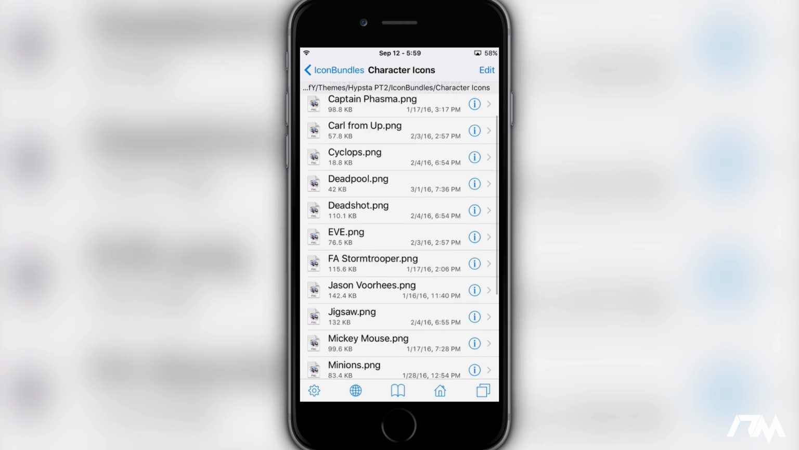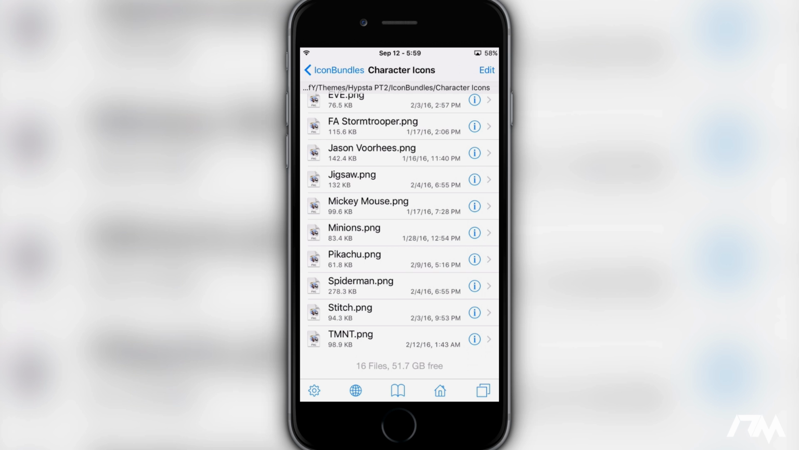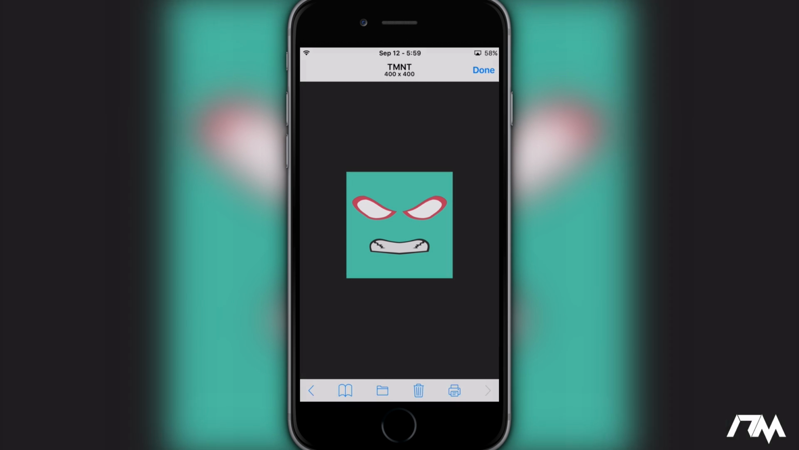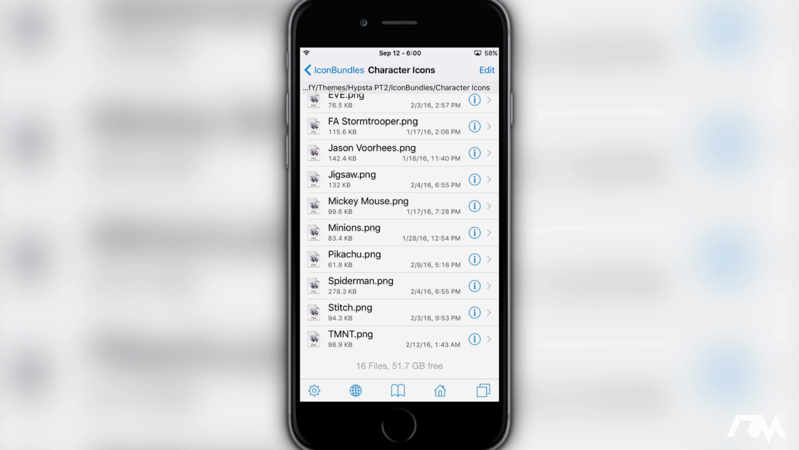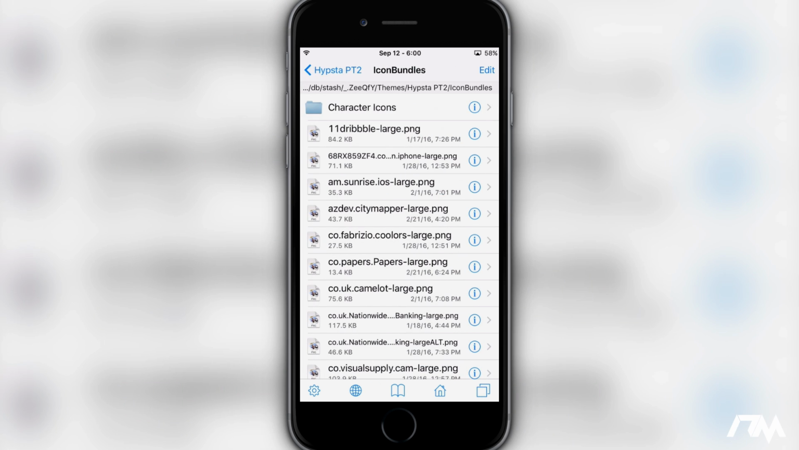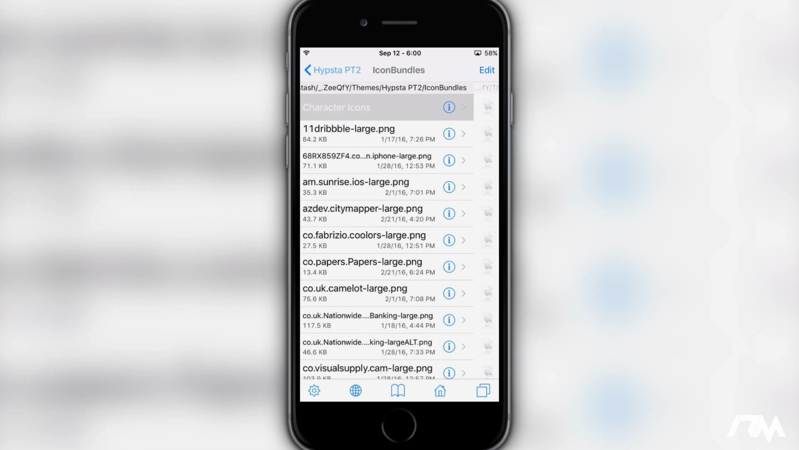These are basically extra icons that come with the theme. One of them is the TMNT, Teenage Mutant Ninja Turtle icon. That's going to be the icon I want to use for the PlayStation application. So that's what I want to use. The first thing we've got to do is get this icon out of this folder to the icon bundles